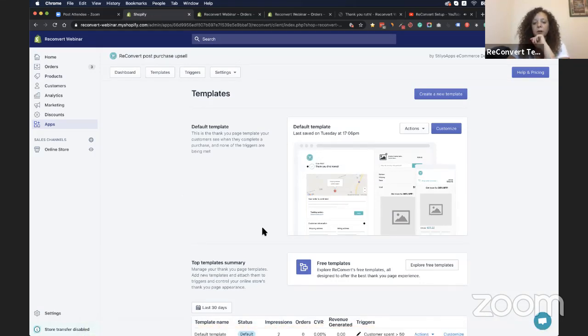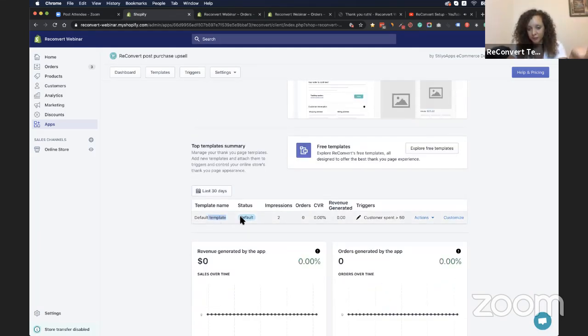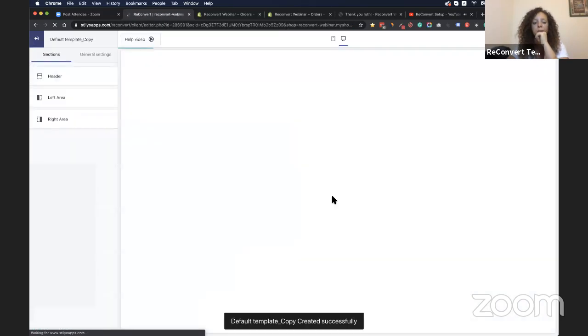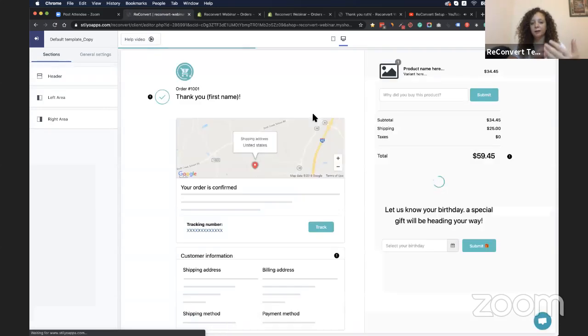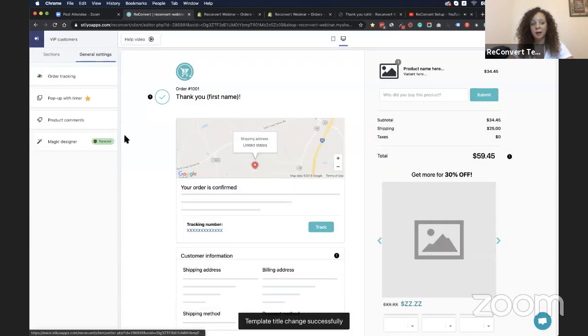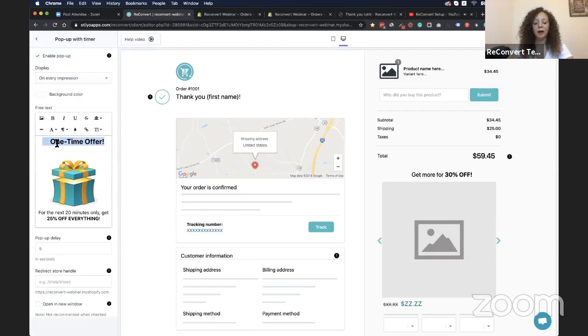Okay. So I will create my next template. And the easiest way to do that is to go to my existing template and just duplicate it. Did I click it? Yeah, I clicked it. Okay. So my new template created, you already know the drill here. I'm going to call it my VIP customers. And for the sake of the demonstration, I'm going to leave it exactly the same. I'm just going to change the pop-up to say that,